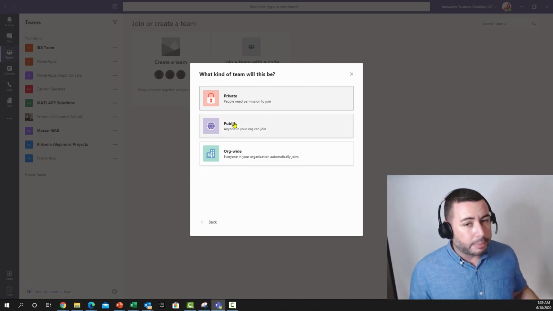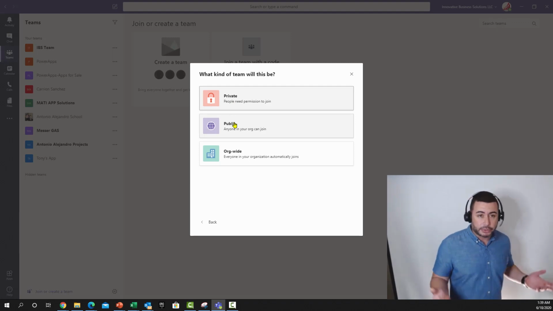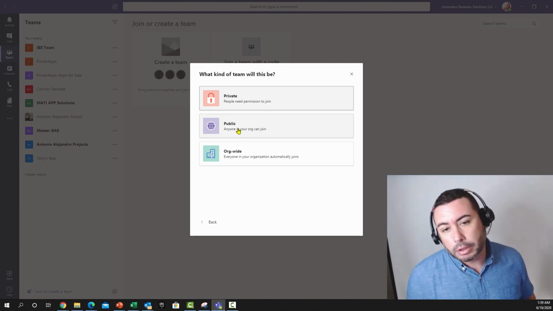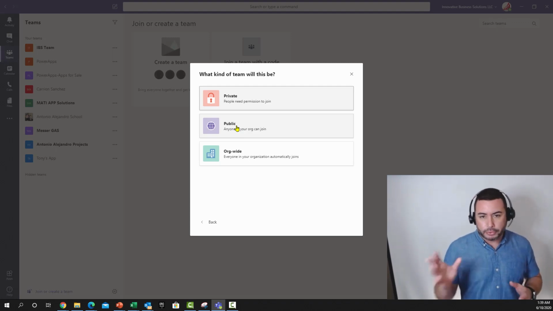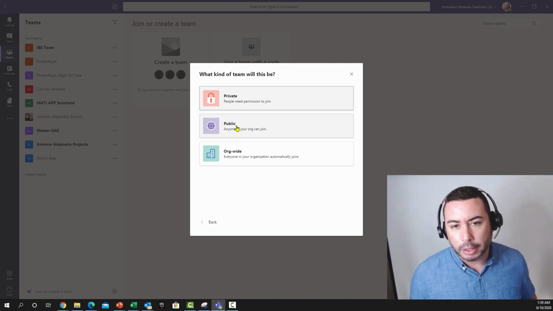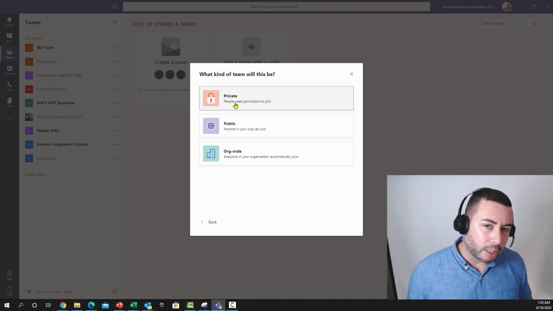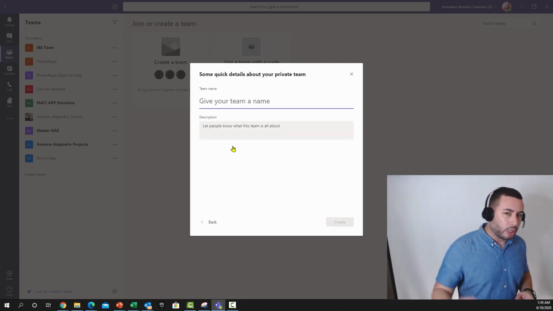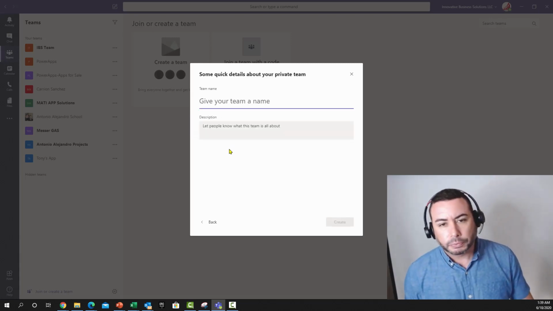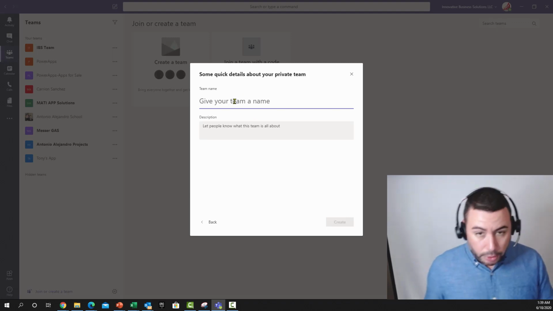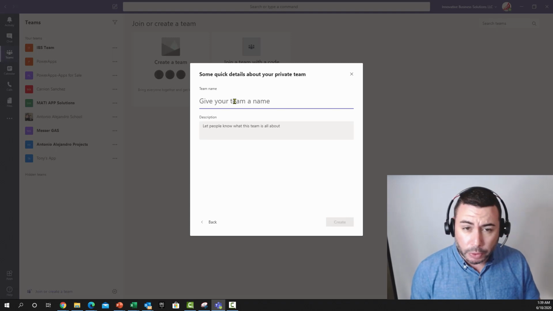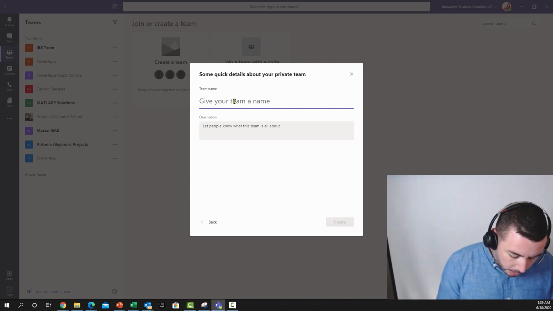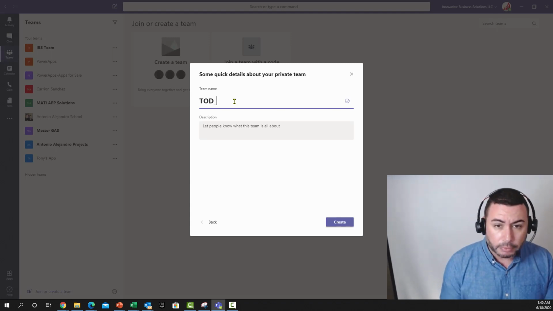If you want an app that everybody can have access to, just click public. In this case, my organization, I just have a few people, so I'm just gonna make it public. Actually, just gonna make it private so I can show you later how you add remove persons. I'm gonna put a name to the team site. Let's call it similar to what we're gonna call the app. So it's gonna be To Do